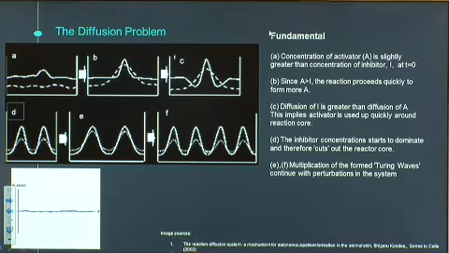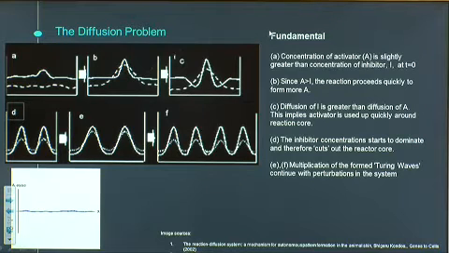So what basically happens here is that there's a slight kink in the concentration of the activator species. And this, as you might expect, starts off a chain reaction which increases the reaction rate of both A and B, and this leads to the formation of reaction cores which have increased concentration of A and B. But the important thing to note here is that the diffusivity of B is higher than that